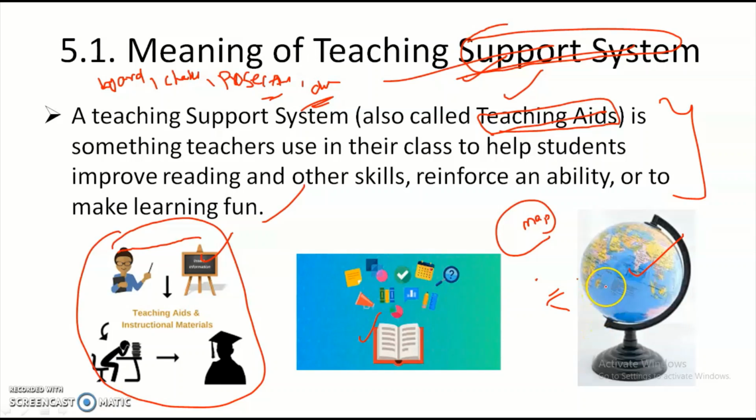Next, it is an instructional aid, like the book, chalk and board, and pictures I mentioned. An object like a globe, a map, a specimen, or devices such as a DVD or computer used by a teacher to enhance classroom instruction. These teaching aids help the teacher carry out an efficient teaching-learning process, but they cannot replace the teacher. Whatever teaching aids we take, these are only supporting things. They never replace the teacher by any means.